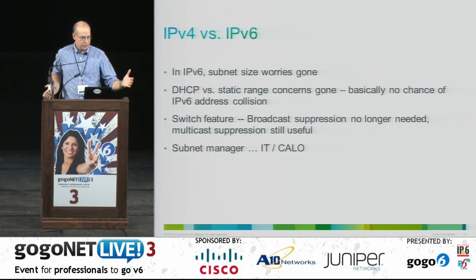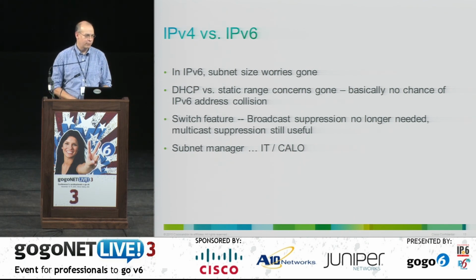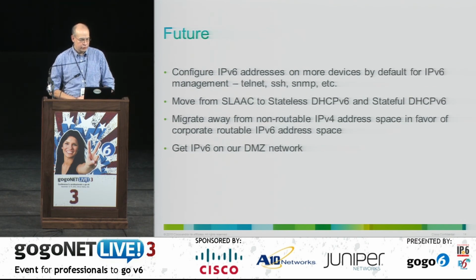If you have a lab as large as we do, it is important to keep track of the subnets that are assigned. And we actually have two tools for doing that. One's kind of an internal tool, and I apologize here, I used an internal acronym called CALO. It stands for Customer Advocacy Lab Operations. That's the team that works on lab operations. So they have a tool called Omni Tool that does subnet management, and IT has one that's just called address management. Those have to be updated for IPv6. So in the future,